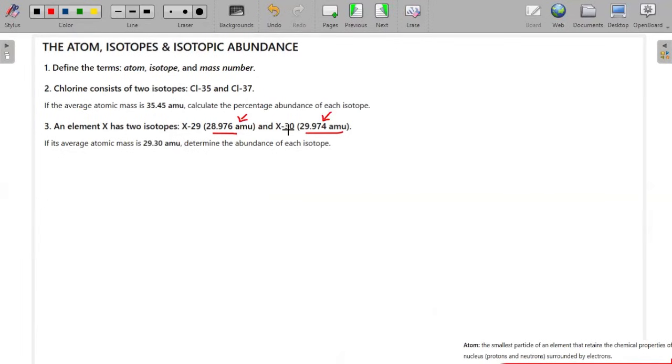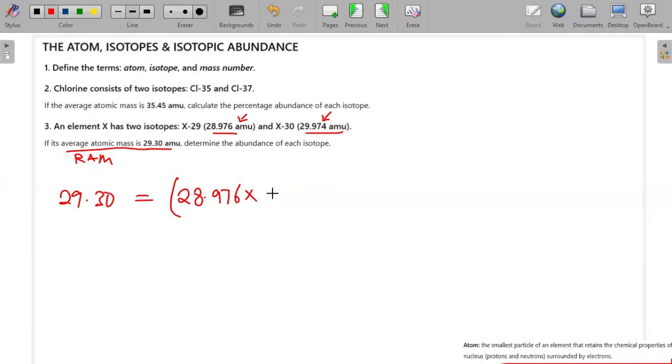But if you haven't been given the masses, you just use the one that is attached to that same atom. And then they're saying the average atomic mass, which is the same as the relative atomic mass, is this. Determine the percentage abundance of each isotope. So we're doing the same thing that we did on question 2. So I'm going to say the RAM is 29.30 is equal to, and then here in the brackets, I'm going to put the mass for the first isotope, which is X29. So that is